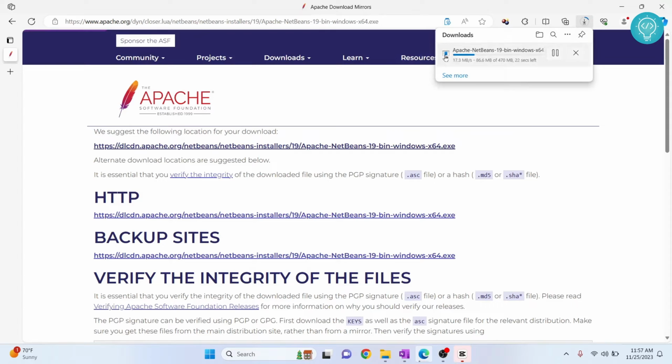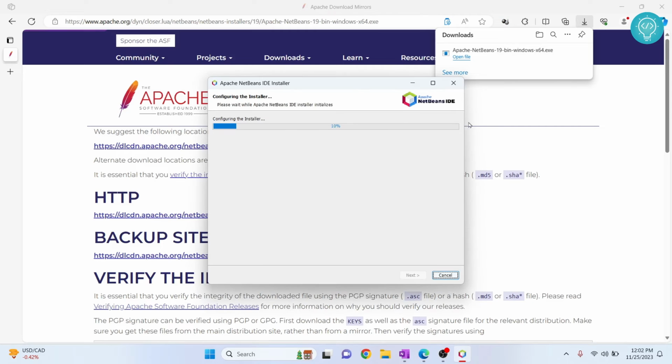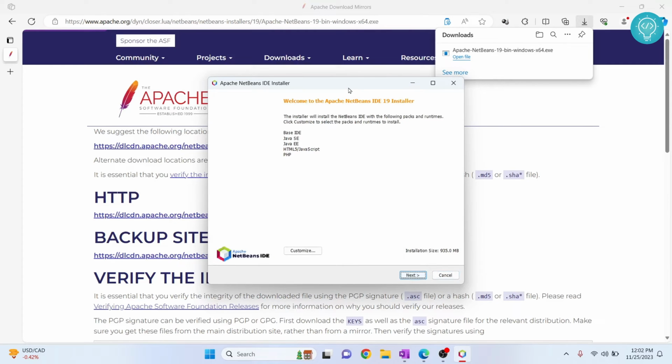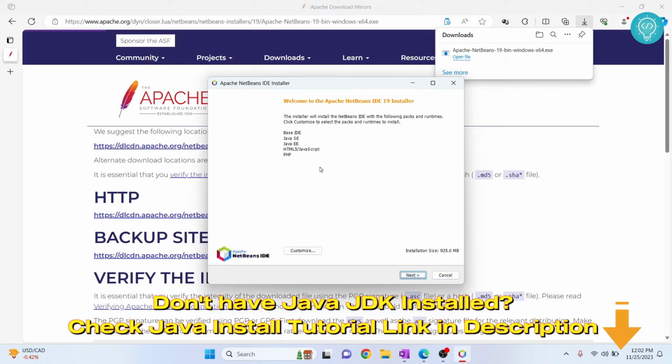As you can see here, we are downloading NetBeans 19. Once the download is complete, click on open file to open the installation wizard. Now if it asks you if you want to allow installation, click on yes. As you can see, the wizard is now open, and by default we will be installing NetBeans for all